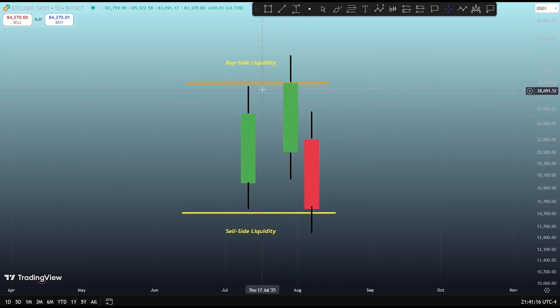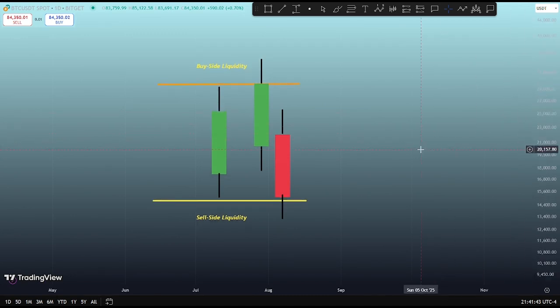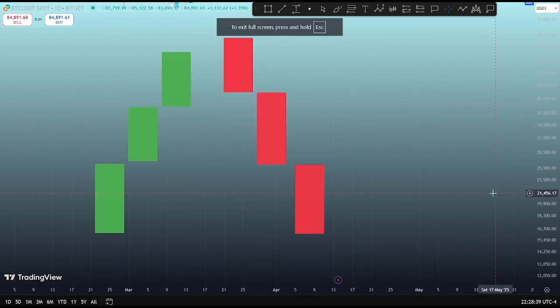How does this work? You can see here I have drawn a candle that has taken the liquidity of the upper side of this candle, and similarly here's the next candle that has taken the lower side liquidity of both candles. First liquidity was sitting here and second liquidity was sitting here, and it has taken the liquidity of both candles. I will explain this very deeply in our next video, which will be the order block video. Then you will understand it.